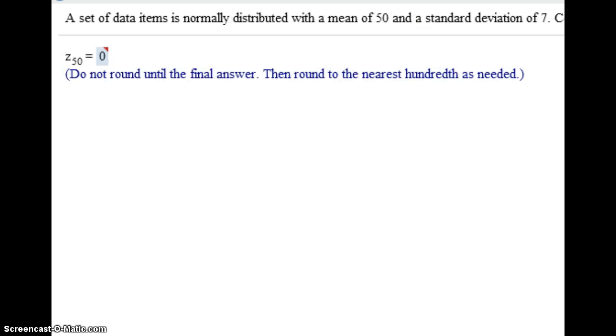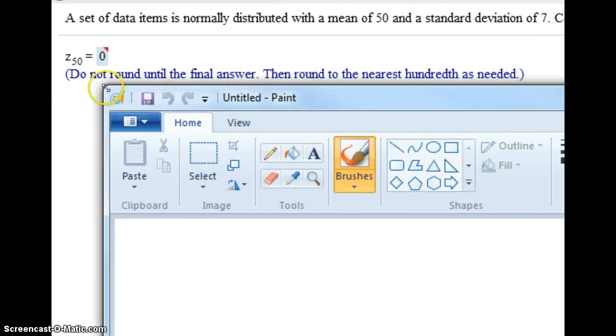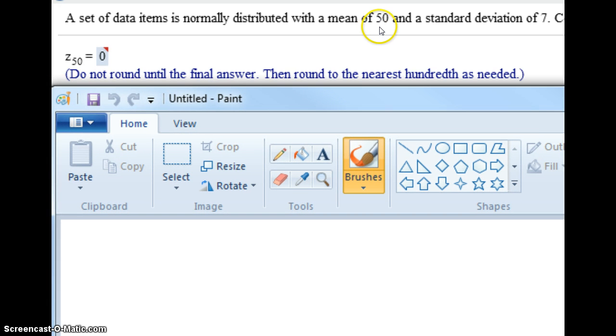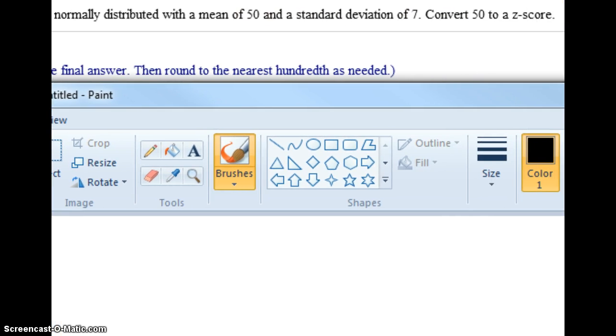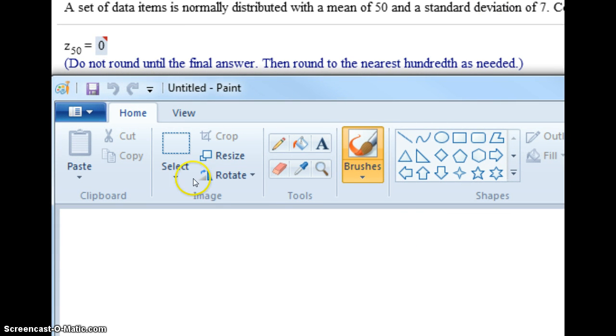And I also wanted to look quickly at 26 and 27. Let me pull up a notepad here. The mean is 50 and the standard deviation is 7. And the problem says convert 50 to a z-score. The way you do a z-score